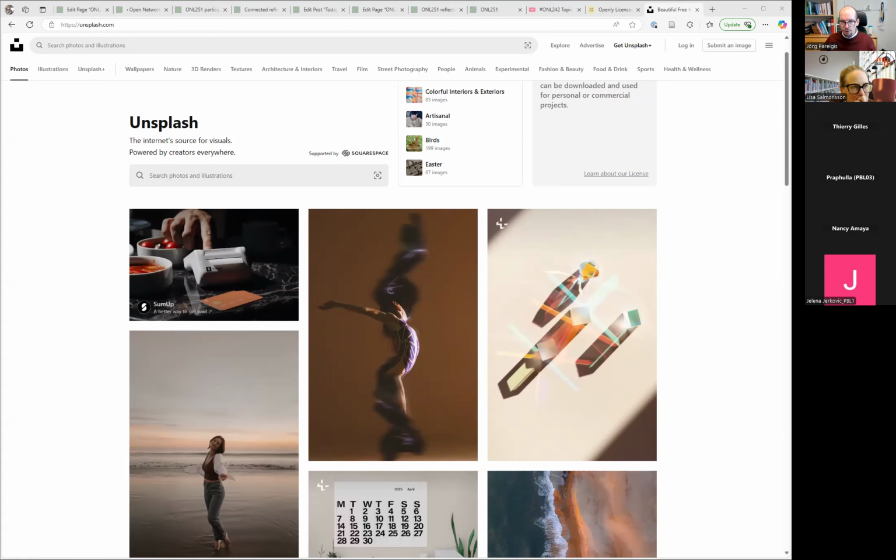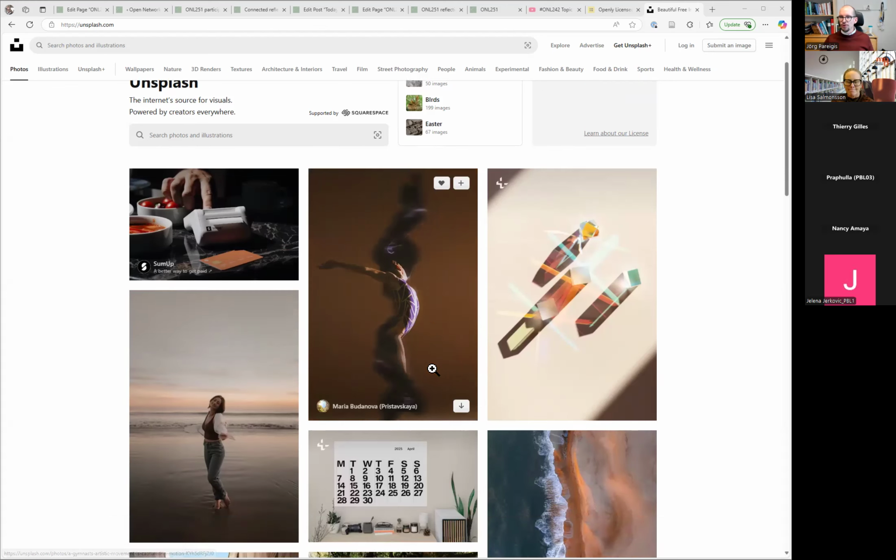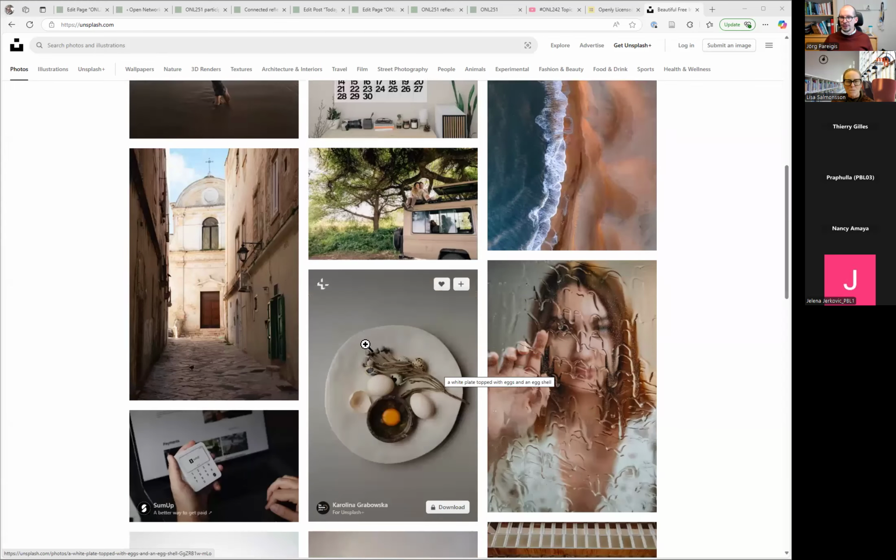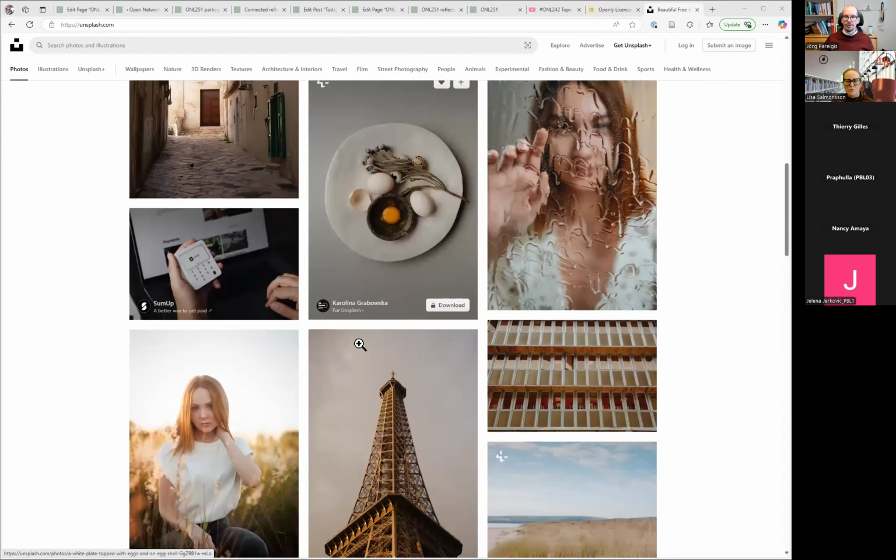So, just for the first minutes, an example of how you can legally reuse pictures of others which are available on the internet. Unsplash is a great resource, and you may have figured out that some of the pictures we use on Open Network Learning come from Unsplash.